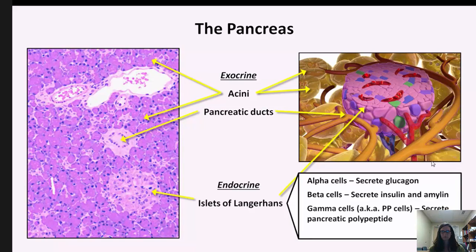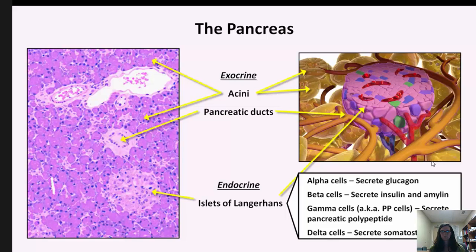Gamma cells, which are frequently referred to as PP cells, secrete pancreatic polypeptide, the function of which is unclear and which won't be discussed further in this video. And last, delta cells, which secrete somatostatin. A 5th, much rarer cell type has recently been discovered and is predictably called epsilon cells, which appear to secrete